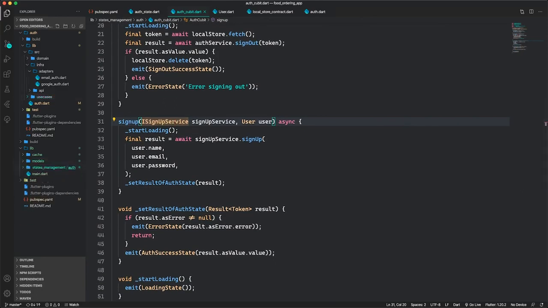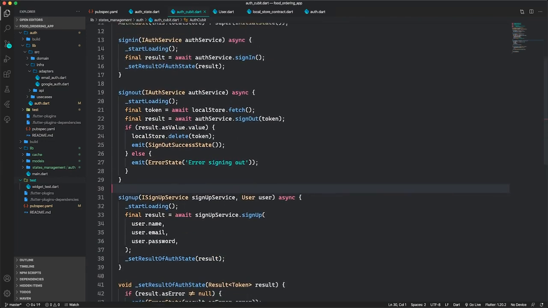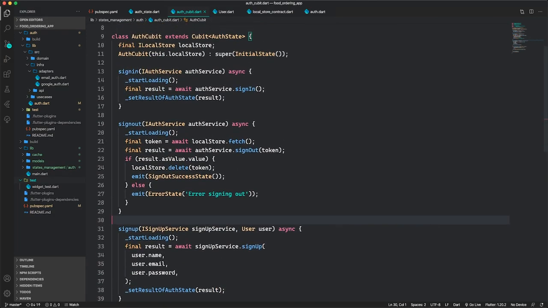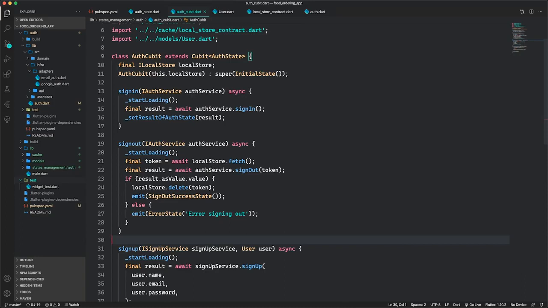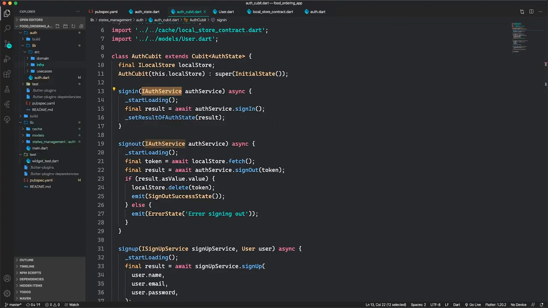Now, as usual, we like to write tests for everything. So I am going to write some tests, but before that, I want to provide a way that conveniently gives the requested service. So if I want an email service, I ask for that. If I want a Google sign-in service, I'll ask for that. And so I am going to go back inside my auth library, and here